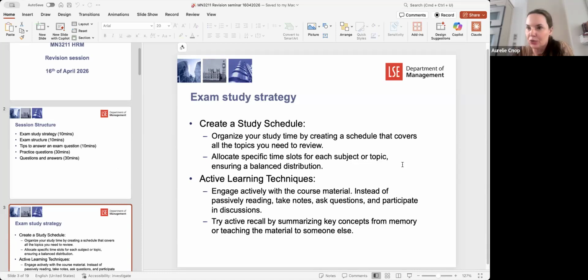So the suggestion from the teaching team is to organize a study time, knowing that you're going to have a series of questions that are timed and that also have specific word counts, so you don't have unlimited time to answer the exam. It is going to be quite pressured in terms of how much time you can have for each question. And even if you can choose questions, so let's say you may have 8 questions and then you will choose 3 from 8, which I think is the format from this year,